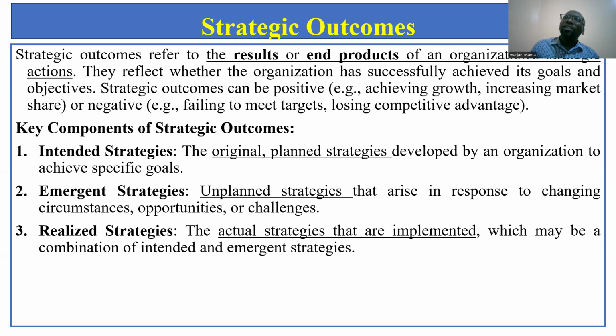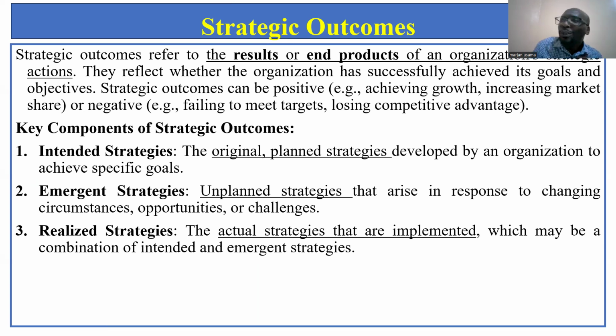Okay, so remember when I was giving you the example of Alpha, I told you, for example, Alpha, at the beginning of the year, they say, we need 200 students. We need to admit at least 200 students. So the intended strategy is what was our initial plan, the original plan. So the original plan of Alpha was to admit at least 200 students.